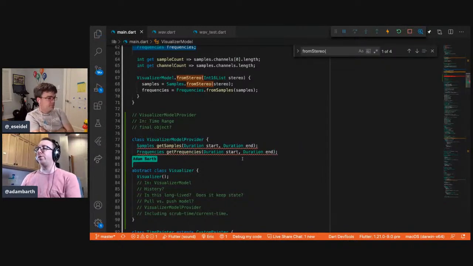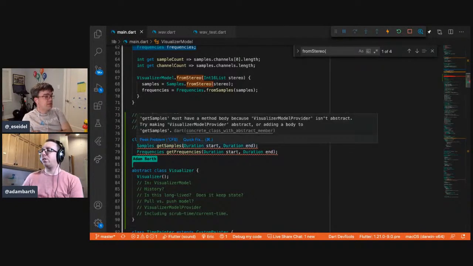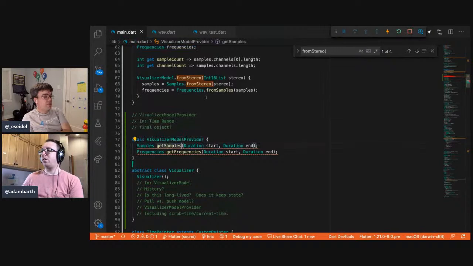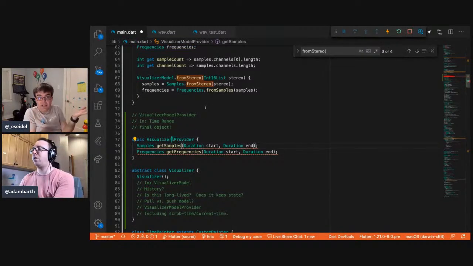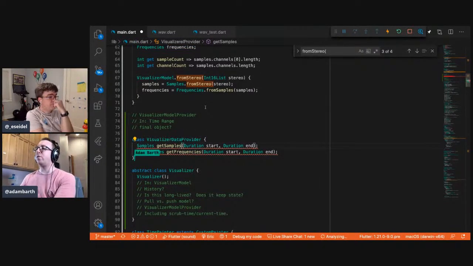There's no particular reason you have to get the time and the frequencies together. Like you mentioned, a visualizer that only ever cares about time will never bother to do the math for the Fourier transform, and a thing that only cares about frequencies might not ever care about samples. Okay, so this is in some sense replacing the visualizer model itself, because they were currently being tied to the range, but they don't need to be. Yeah, I think that's overly constraining for where we were. Okay.